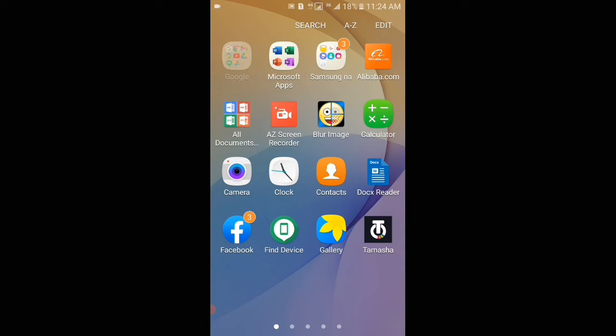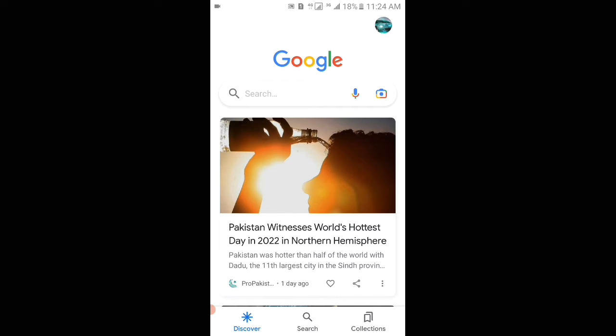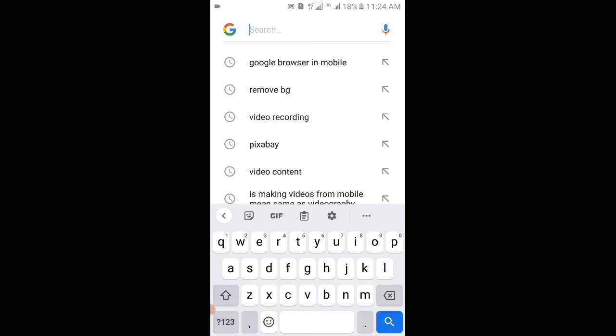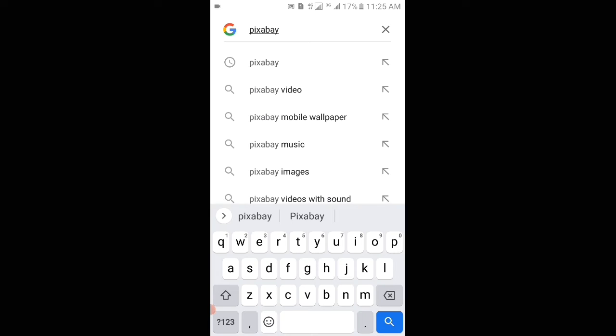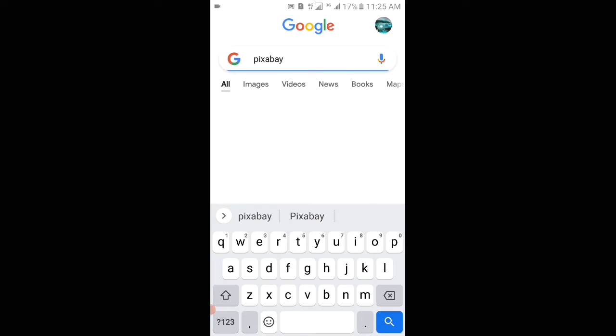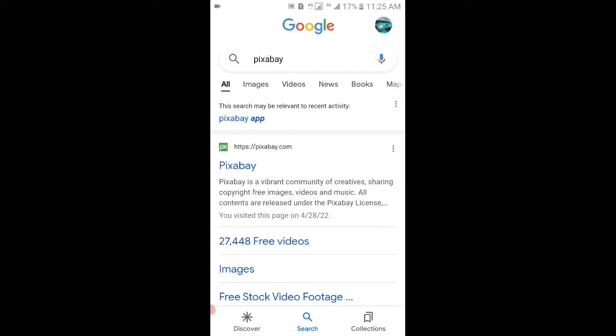So viewers, first of all you have to go to the Google browser, and then in the Google search box you have to type Pixabay, and then you have to search for it. After that you can see in blue color text Pixabay is displayed, and the link for it is https://pixabay.com. So what you have to do is tap on the blue text Pixabay,